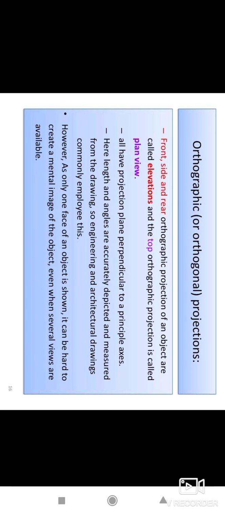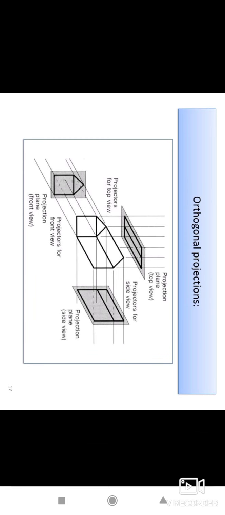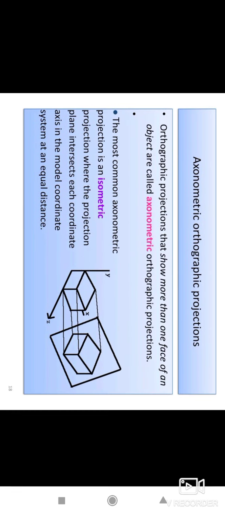It can be hard to create a mental image of an object when several views are available, that is, the top view, the side view or the front elevation. Different types of views are available, and the object as a whole is not easy to produce. So these are the orthogonal projections. Then next we have